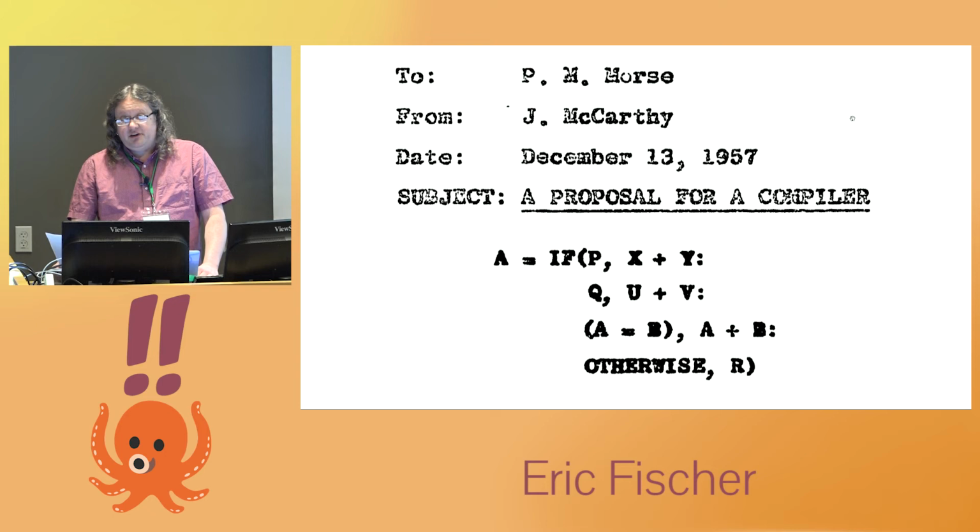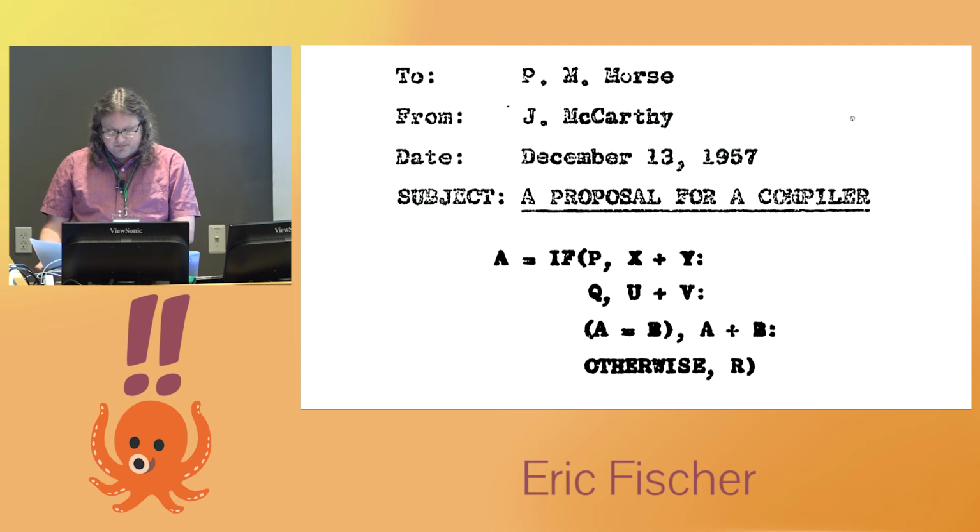In 1957, John McCarthy at MIT had written a proposal for the project that became Lisp, another extremely old programming language that still survives today. His proposal introduced the idea of the conditional expression as opposed to the conditional statement. The important distinction is that an expression must always have a value, while a statement can simply not be performed if the condition that it controls is true. So his if function always ends with a clause called otherwise that gives the value of the expression when none of the other conditions evaluated to true.